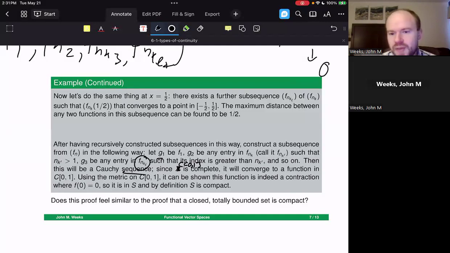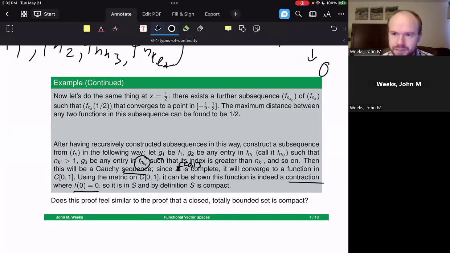Using the metric, it can be shown that this is indeed a contraction. Essentially, we're using things like the derivative. The derivatives work nicely here to show that this is indeed inside of the set. Contractions, f of 0 is going to be equal to 0. This is the least of our worries. We have something that is inside of the set that is a limit of a subsequence of the sequence that